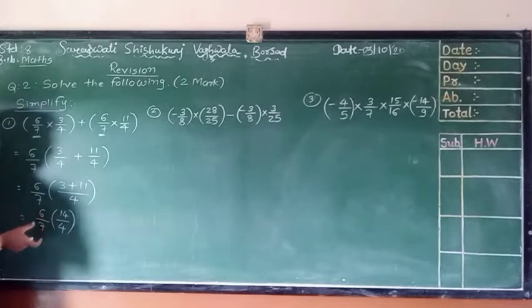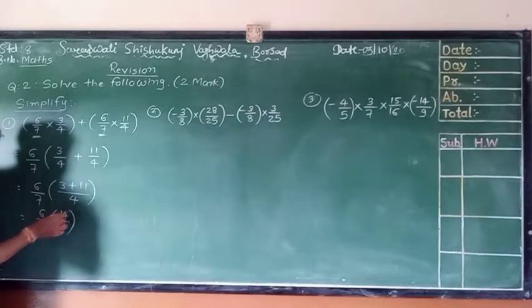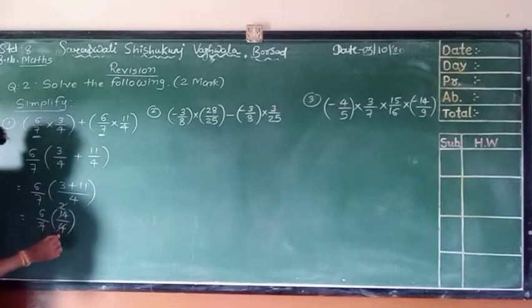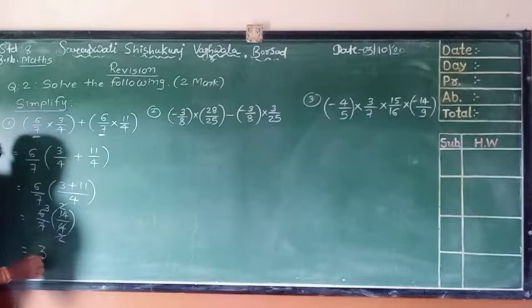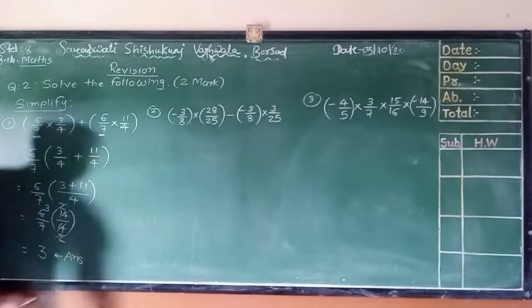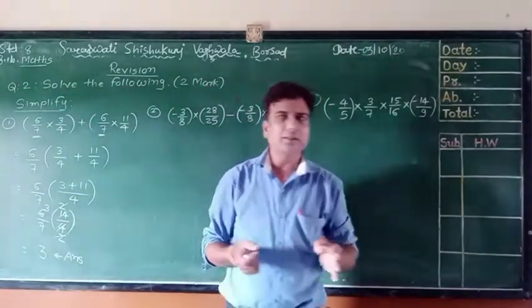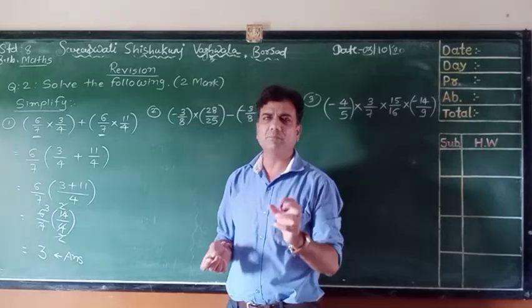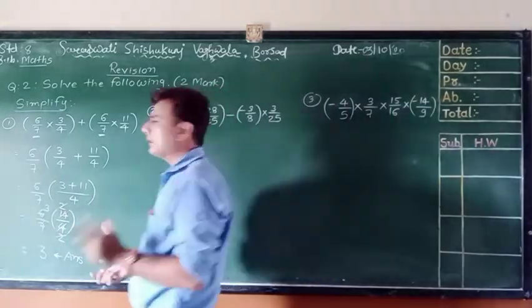Now what is the relation between this and this? Here it is a multiplication relation, so we can cut upper side and down side. 2 sixes are 12... 2 7s are 14, 2 2s are 4, 2 3s are 6. So now 3 is our final answer. Is it clear beta? Very easy, very simple sum. This type of sum, we simply have to do simplification. Definitely we will get the correct answer.